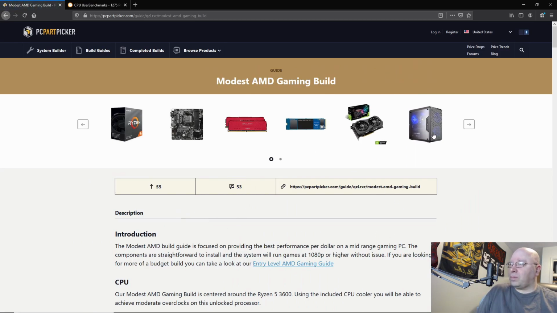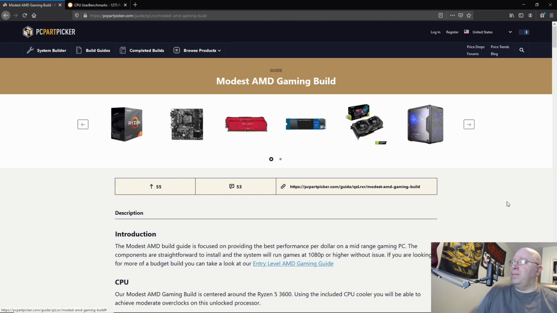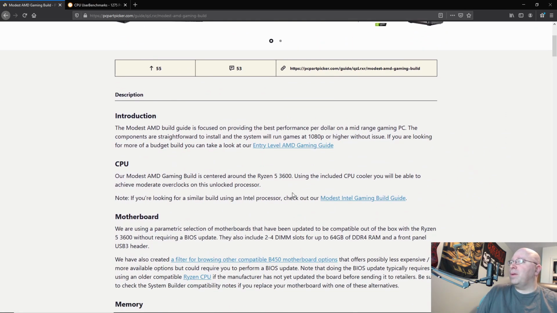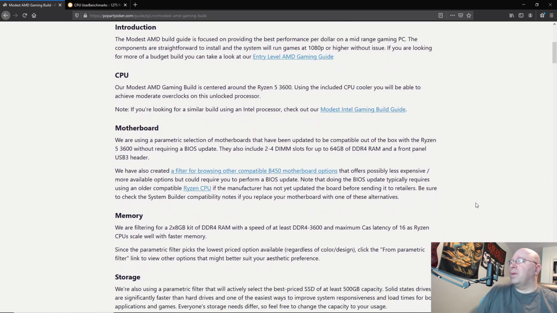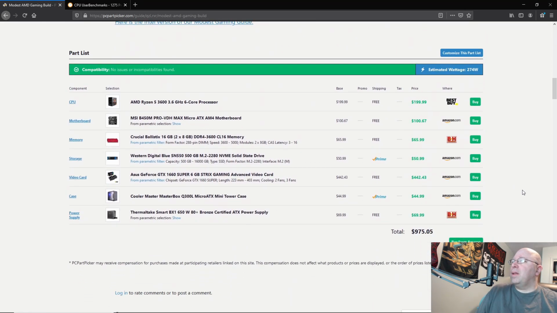At the top here, it's going to show you all the different stuff that you're going to get in it. I'll give you a link if you wanted to share that with a friend, like, yeah, check out what I got. But you can come down here. It'll talk about your CPU, your motherboard, your memory, your storage. It'll tell you where you can buy from. You can click on right here. We can buy it from Best Buy, or you can just buy it all from